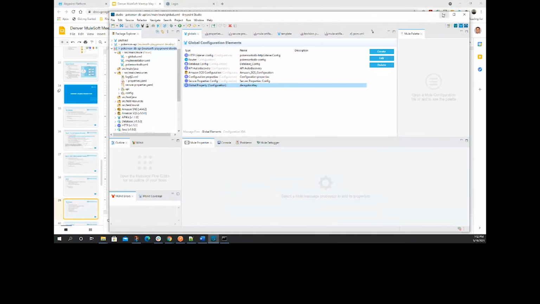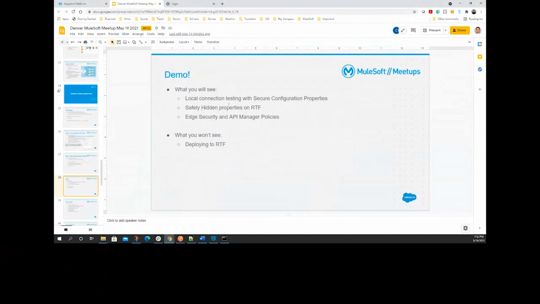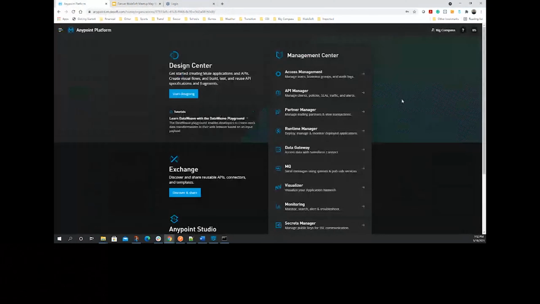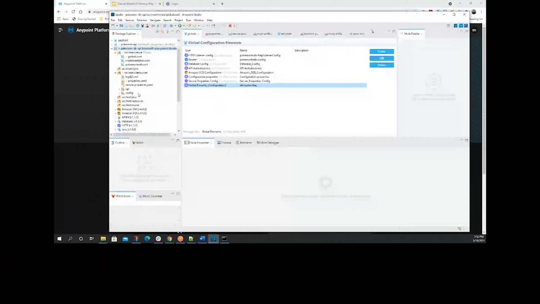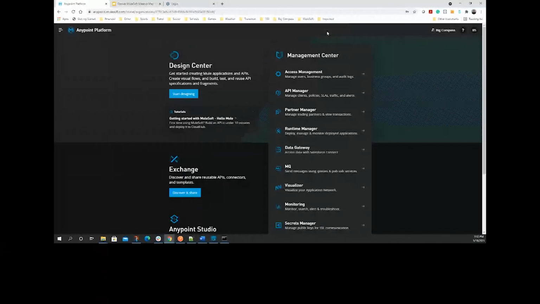So let's go ahead and see how we do safely hidden properties both on Runtime Fabric and on CloudHub. For those of you who are familiar, let's go back to Studio. If I want to safely hide a property in CloudHub, I'm going to go to my mule-artifact.json and create a list of which properties I want safely hidden in CloudHub. In this case, I'm saying I want my decryption key safely hidden because I don't want anybody getting a hold of my key. So if I go into Runtime Manager,